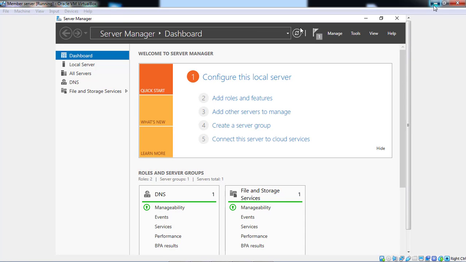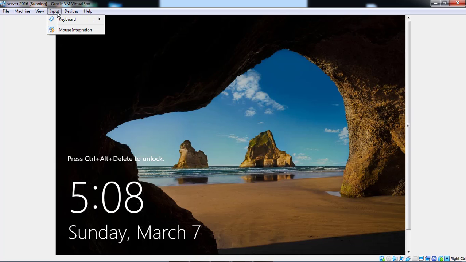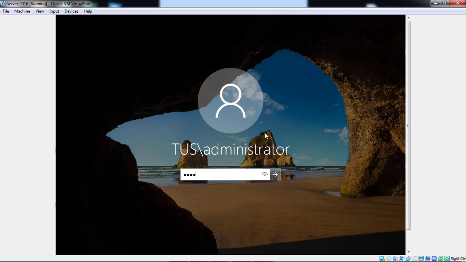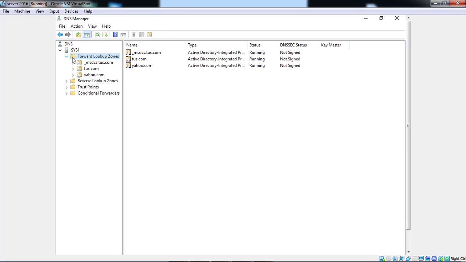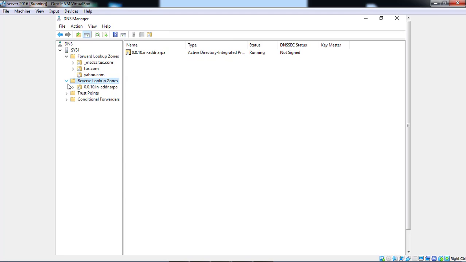You can see our DC. Here is our server system 1, and our forward lookup zone is already created on our DC, and yesterday we configured the reverse lookup zone.